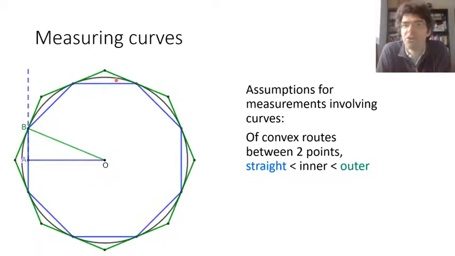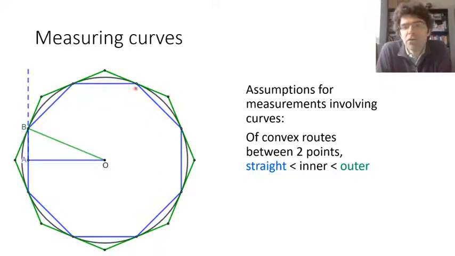So by the assumption, we're allowed to say that the length of the circular arc lies between the perimeters of the octagons, or of any other pair of regular polygons that we could construct like this. And it's that line of reasoning that enabled Archimedes to make his approximation of pi.